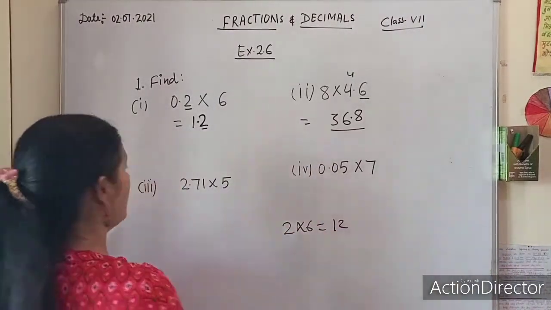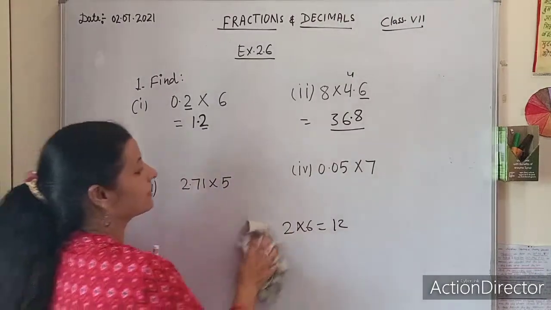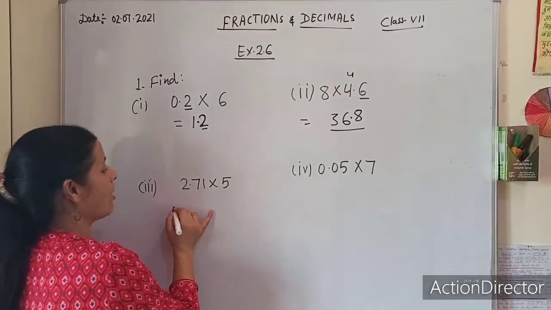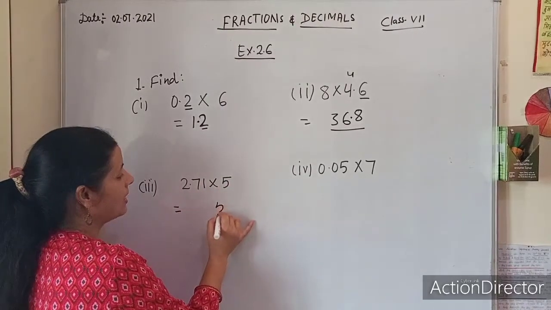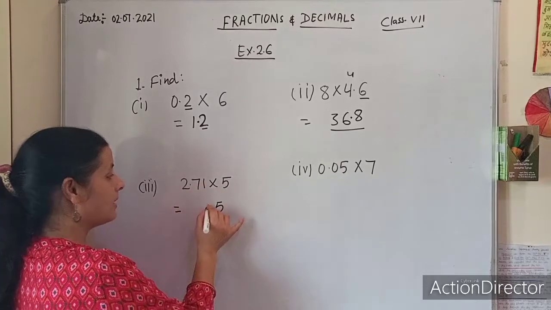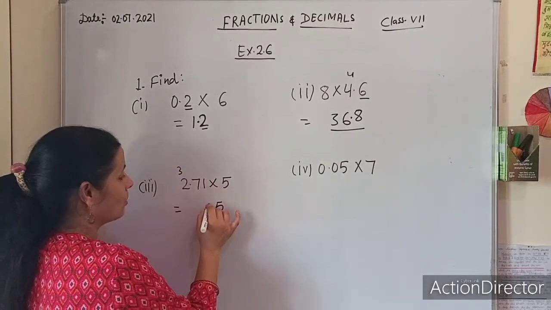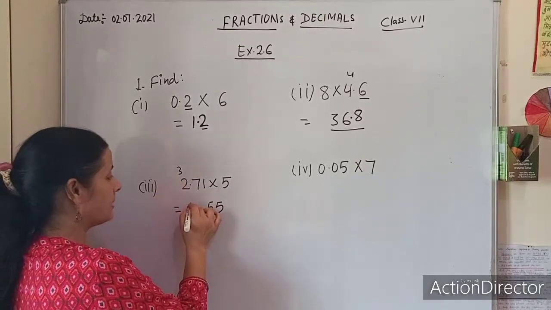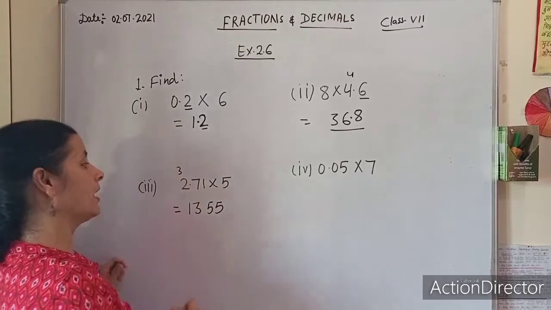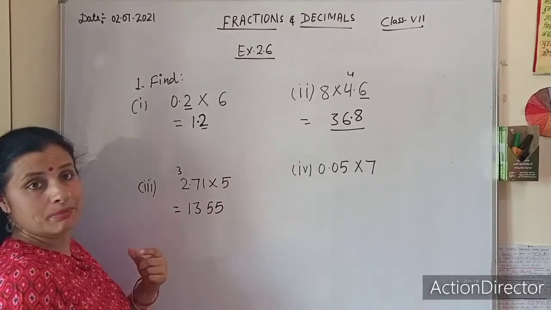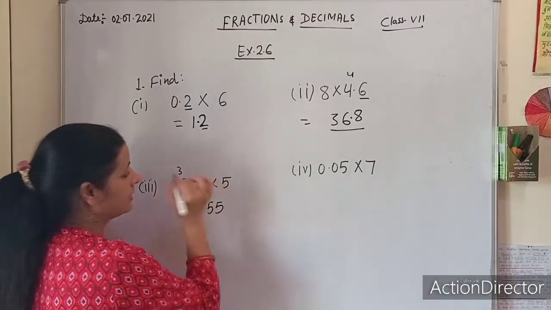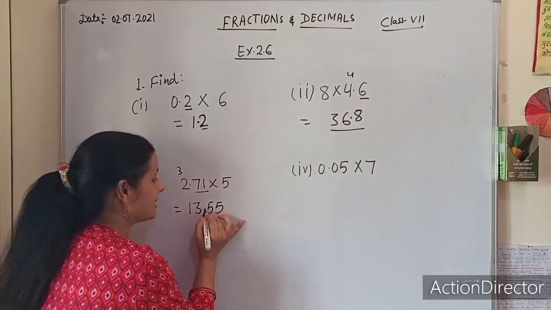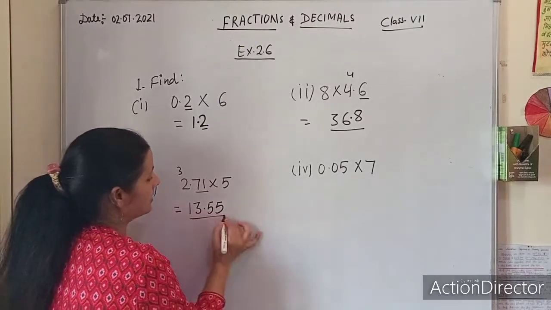Now come to part third. Part third is 2.71 multiplied by 5. Now how to multiply? 5 ones are 5. 5 sevens are 35. 3 will be carried forward. 5 twos are 10. 10 plus 3 is 13. Now where do we have to place the decimal? How many digits are there? 2 digits after the decimal. Then definitely we will place the decimal before 2 digits. The answer will be